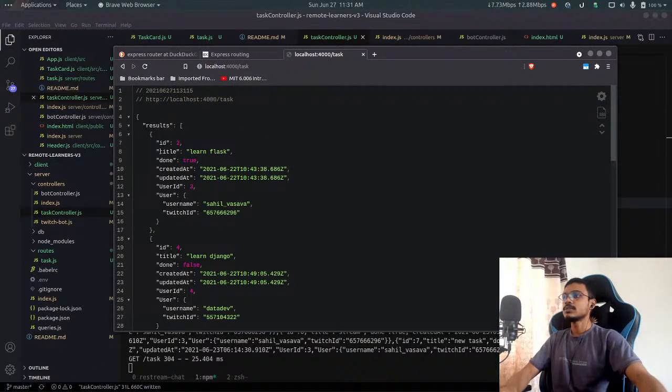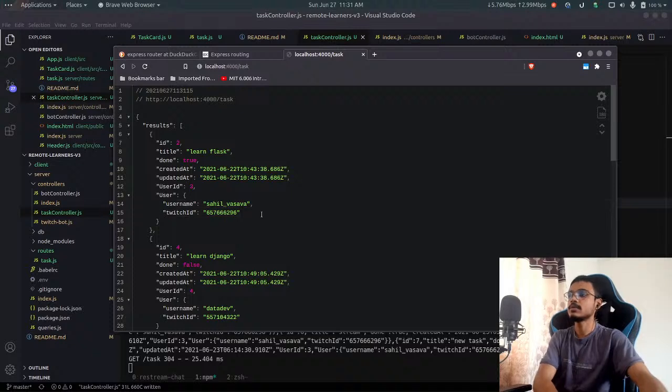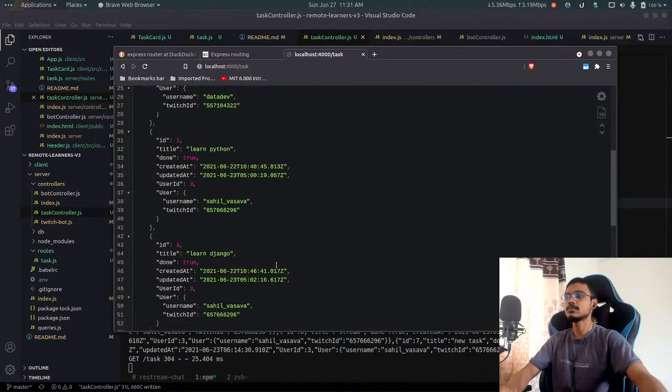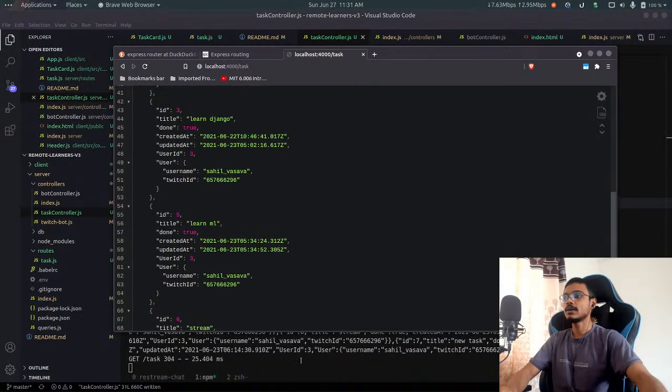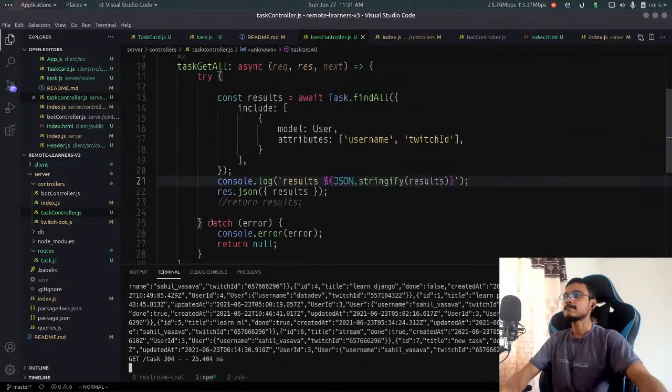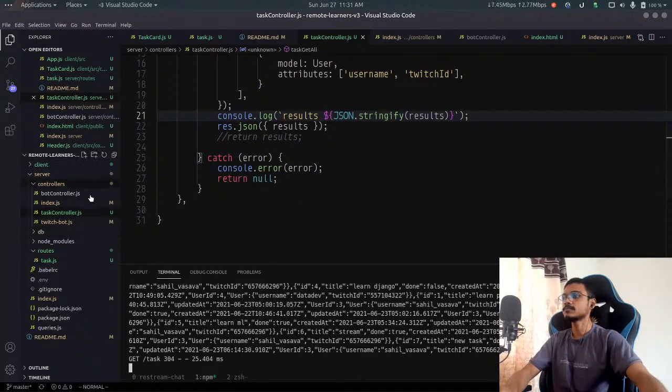So in the results we are getting ID, title, done, created at, created by username and user ID. Right. Okay. These are all the things that we'll be needing. So now that we have got the task, we have created the API, and now